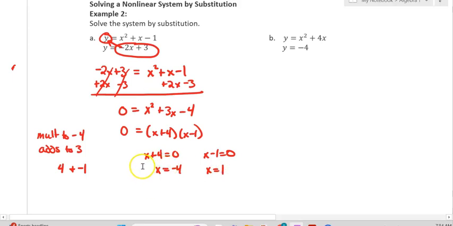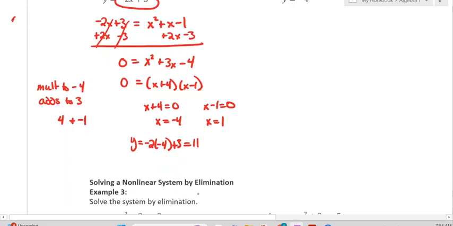Now, normally, when we are solving quadratics, we would just get these two answers. But go back up to the equation. This equation has both x's and y's. So that tells me when I do my answer, I need an x and a y. So I can take this x, negative 4, and plug it back into either equation. I'm going to choose the bottom equation because it's linear, so it's significantly easier. So I'm plugging in negative 4 into this equation, and I can type that on my calculator, and I get 11. So what that means is when x is negative 4, y is 11,